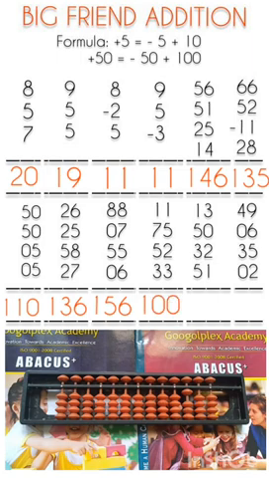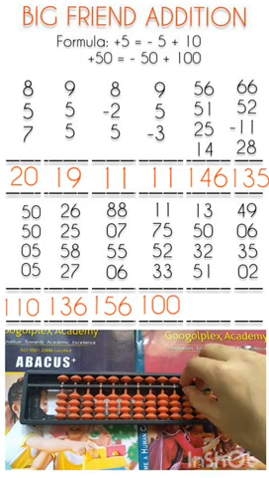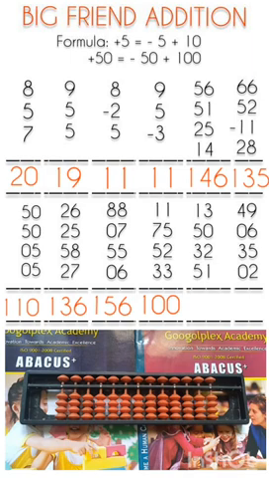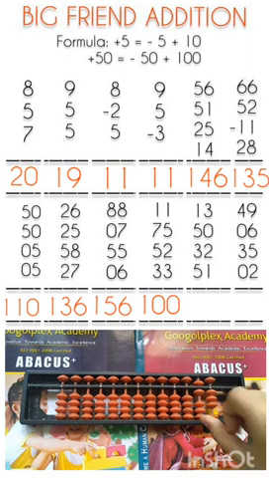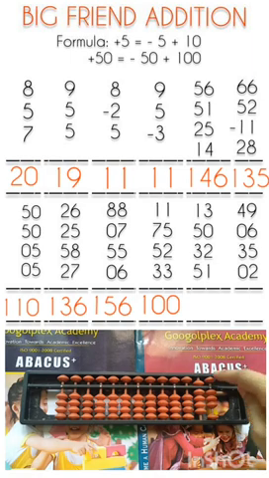Now question number 11. Solve 13 plus 50 plus 32 plus 51. First number is 13. 10 plus 3, 13. Next number is 50. Addition of 50 done. Next number is 32. Addition of 30 done. Now we have to add 2. 2 is not possible directly, as we can see on one's rod. So apply the formula of small friend of plus 2, which is, what is the formula? Plus 5 minus 3. Yes, plus 5 minus 3.